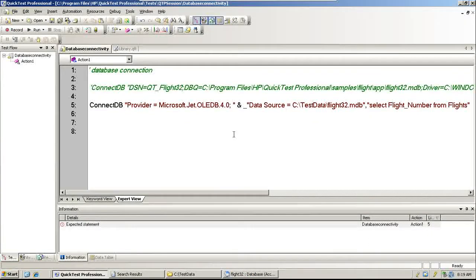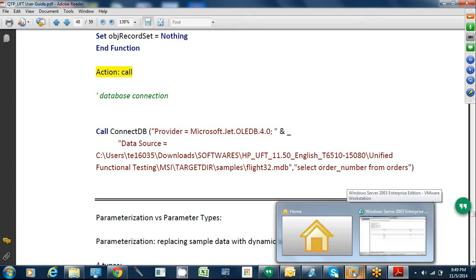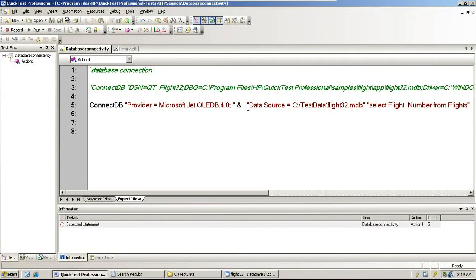No, you have to complete. Let me complete: ampersand, underscore. Then your code is ended. No, so data source or something is missing. Provider is this one. Then I am concatenating. Here I am using this ampersand as the concatenating operator. I don't think underscore is required.